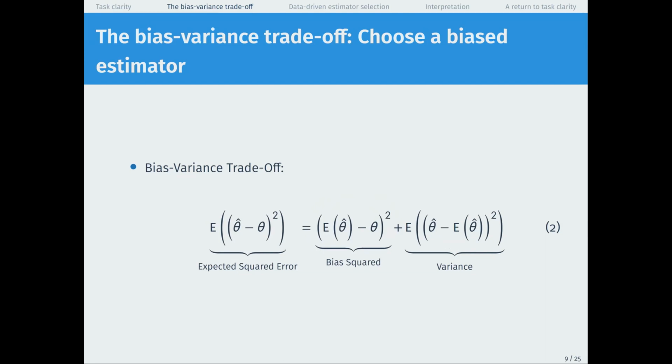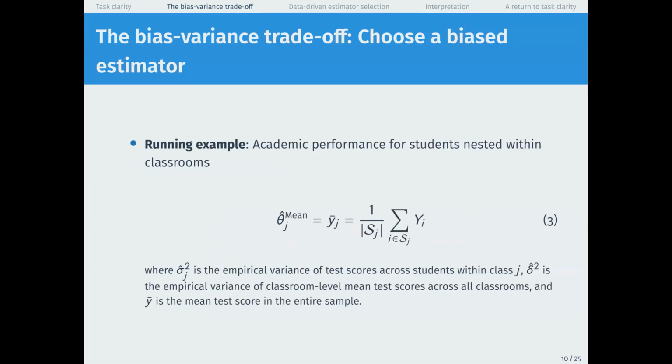I think often social scientists sort of cringe at the word bias. I think statisticians do also. We would think, oh, we don't want to have a biased estimator. But in fact, sometimes the estimator with the best expected squared error is going to be a biased estimator. So to take a running example here that we're working with, one estimator you might consider is the simple mean estimator. So this says I'm going to look at all the students I sampled in a particular set of cases, like those in classroom 1, and I'm going to just take their mean score and report the average.